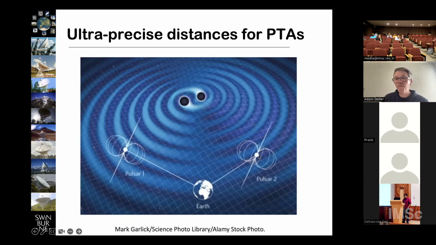And so that would mean that rather than neglecting the effect of the gravitational wave on the pulsar and just treating that as an additional source of noise, we could calculate it and use it. And the sensitivity to detecting this single source of gravitational wave emission will go up quite substantially. However, that only works if you know the distance to the pulsar to within a small fraction, let's say, of the gravitational wave wavelength. So if you're looking at a gravitational wave period of, say, 10 years, that would mean you'd want to know the pulsar distance to maybe a light year or a couple of light years at most. So let's say less than a parsec, because that's a convenient thing to use.